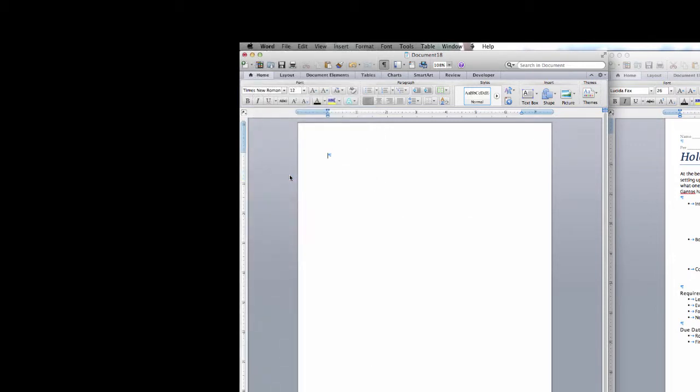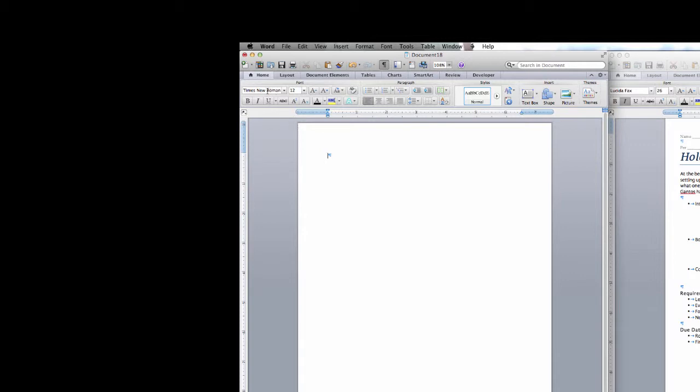By the way, your Microsoft Word might look a little different from mine because I'm using a Mac, but all Microsoft Word is basically the same. After choosing the type of the font, then I choose the size. And always, always, always choose size 12. I was a high school student once, I was a college student once, so I know the difference between size 12 and size 12 and a half, or size 12 and size 13. So please don't try to pull one over on me, size 12.